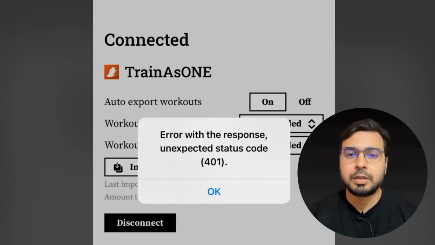As per our research, the error comes when users try to import their updated TrainAs1 calendar with Watchletic. Instead of syncing, the import fails and shows this error message. According to our research, this error is most likely caused by authentication issues between Watchletic and TrainAs1, outdated app versions,